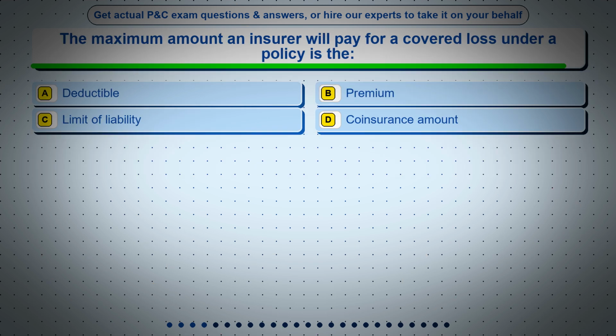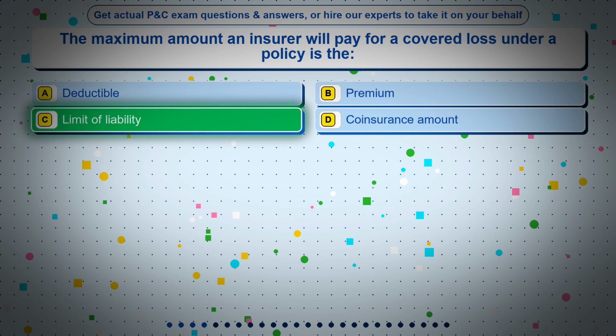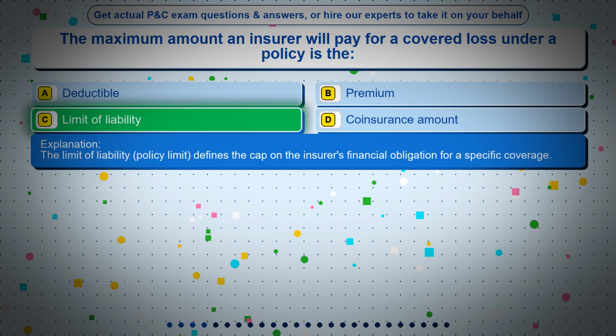Question 4. The maximum amount an insurer will pay for a covered loss under a policy is the option A. Deductible, option B. Premium, option C. Limit of liability, option D. Coinsurance amount. The correct answer is option C. Limit of liability. The limit of liability, policy limit, defines the cap on the insurer's financial obligation for a specific